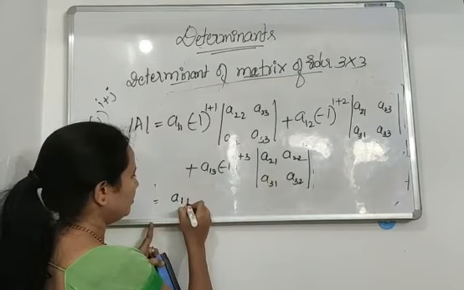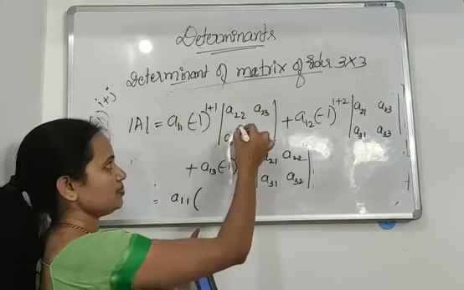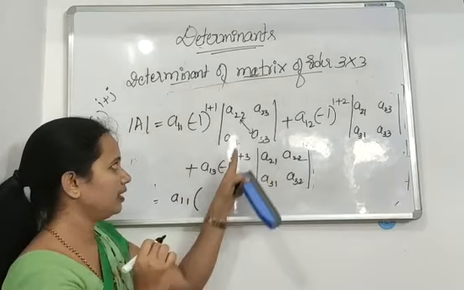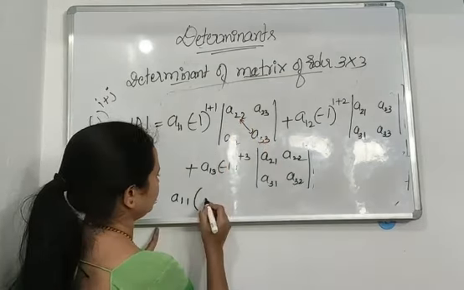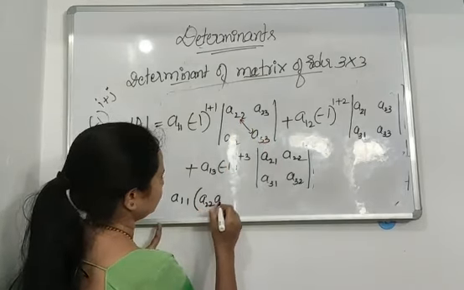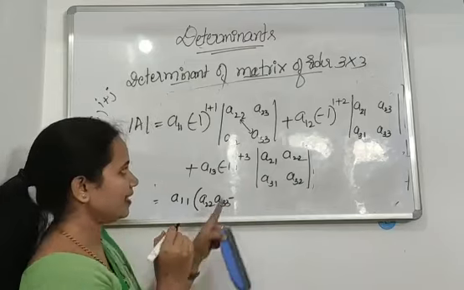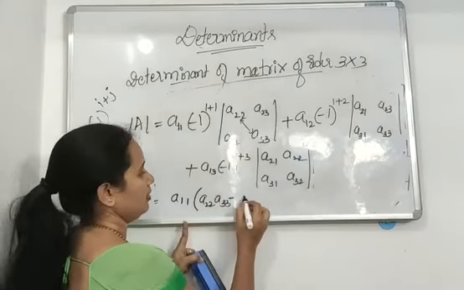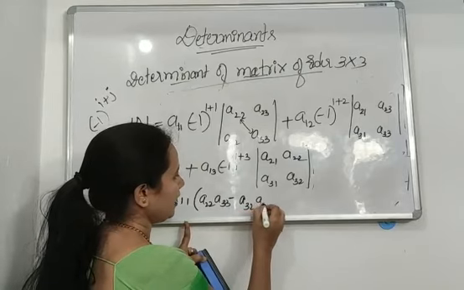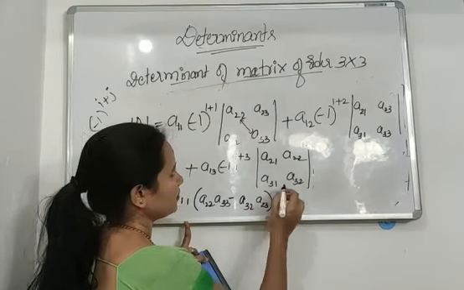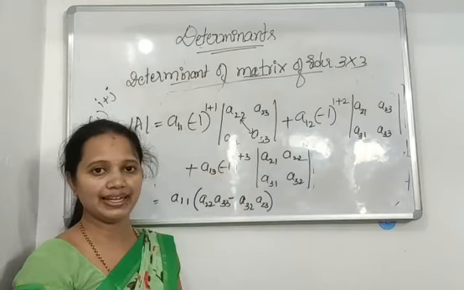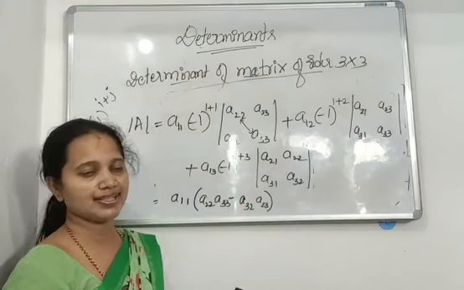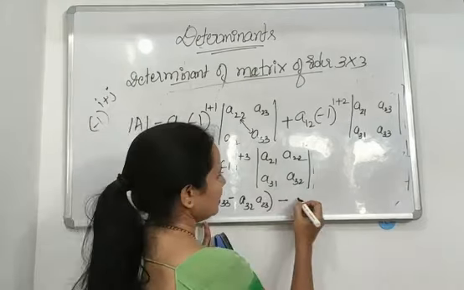So A11 into cross multiply the diagonals, A22, A33, minus the second diagonal, A32, A23. Then minus 1 power 1 plus 2. 1 plus 2 is 3. So minus 1 power odd number is negative. So minus